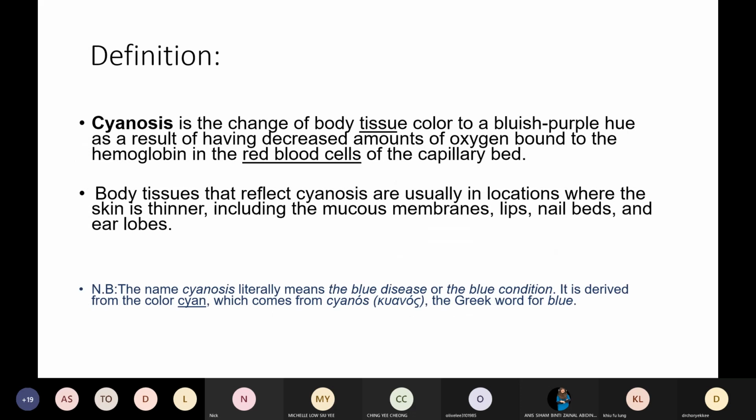So cyanosis is actually a change of body tissue color to a bluish-purplish hue as a result of a decreased amount of oxygen bound to hemoglobin. Of course, the body tissues reflecting cyanosis are usually located on the skin which appears thinner, including the lips, nail beds, and earlobes. The word cyanosis comes from the Greek, where cyano means bluish discoloration. So this is a clinical description which has no concern with any biochemical or laboratory interpretations. So the types of cyanosis can be, the next slide,